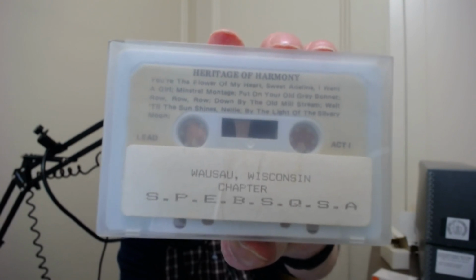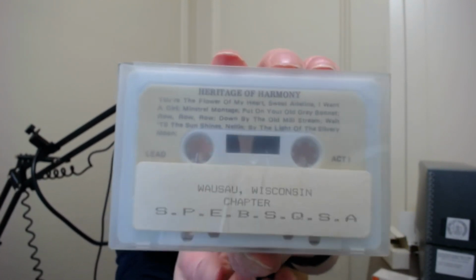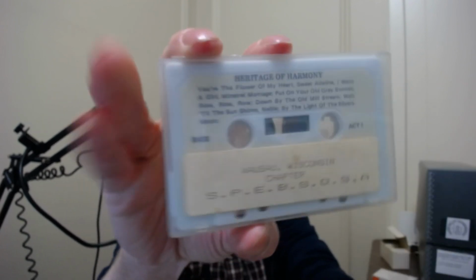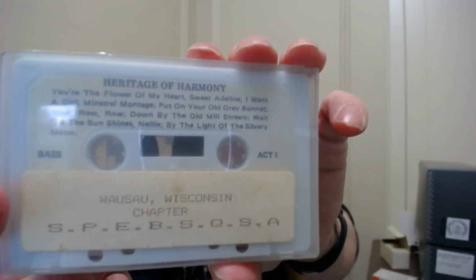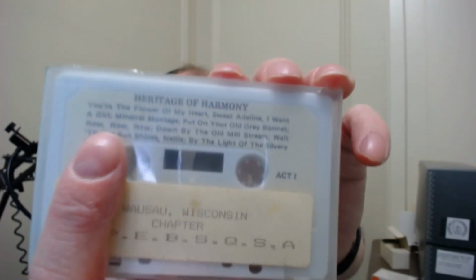So this is the Wassa chapter of the Sebsquasa. We'll get to that in a second. This is the lead one. If I hold up here, this is the baritone part. Or no, sorry, this is the bass one. And then I have the baritone. There would be a tenor. Don't have that. This is from a concert called The Heritage of Harmony that was published by the National